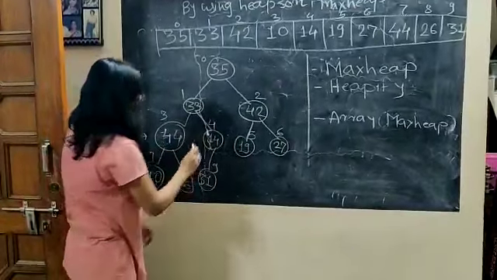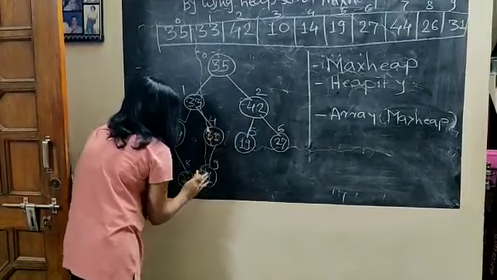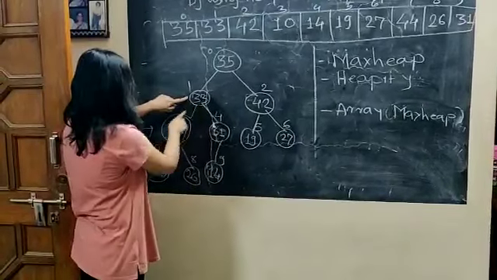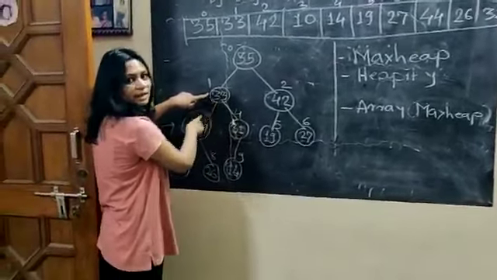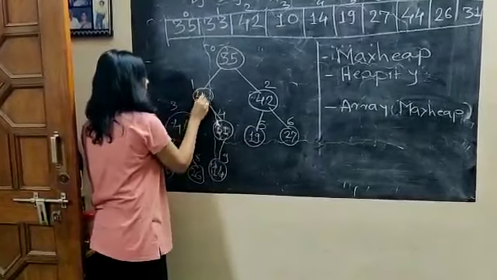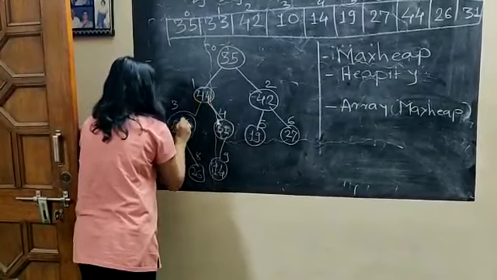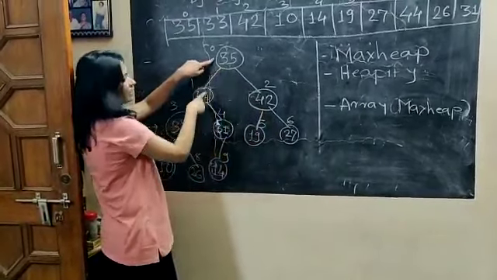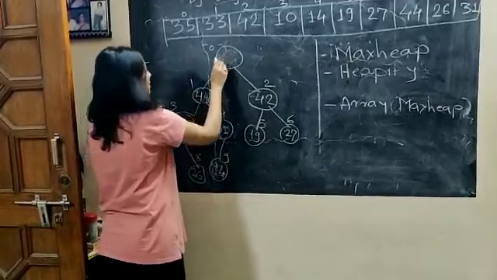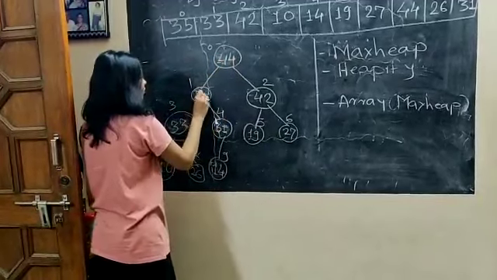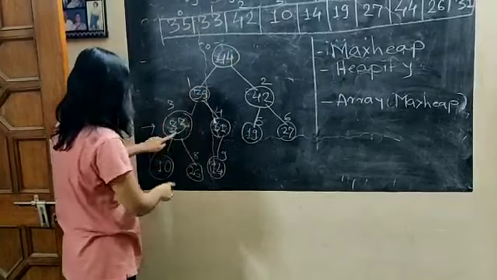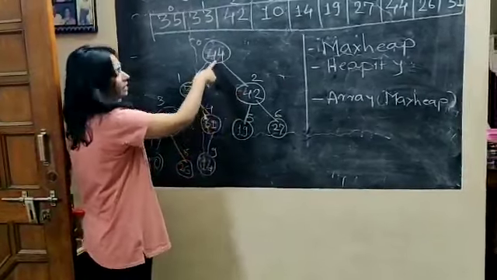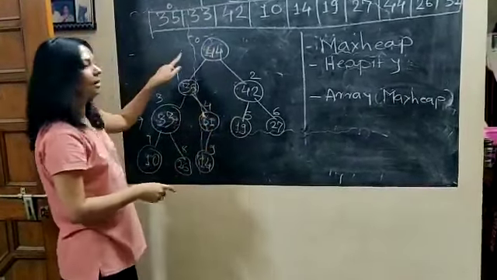In 14 and 31 again the swapping will be done because we have to keep the parent node as the maximum one. Now in 33, 44 and 31, as 33 is less than 44, again we will do the swapping. Here comes 44 and here comes 33. Then 42 and 19, 27, 42 is maximum. Now 35, 44, 42, we have to do the swapping between 35 and 44. Now check. 33 is greater than 10, 26; 31 is greater than 14; 35 is greater; 42 is greater; 44 is greater. This means this is your balanced tree.